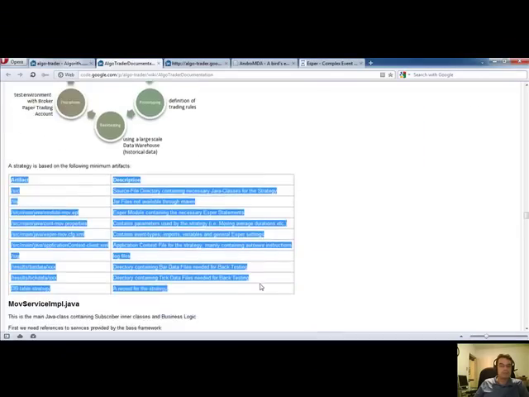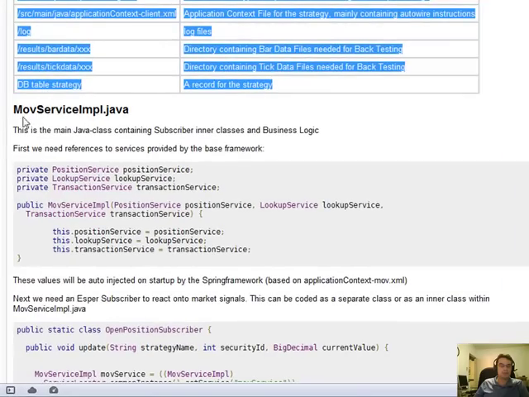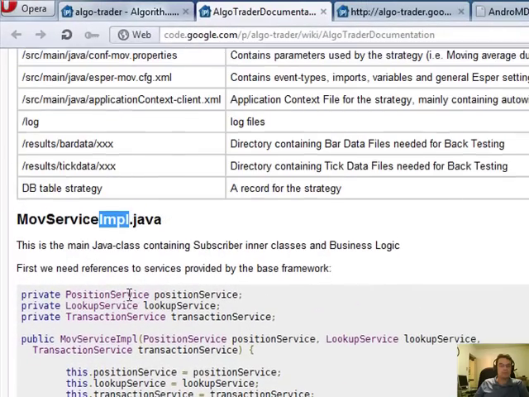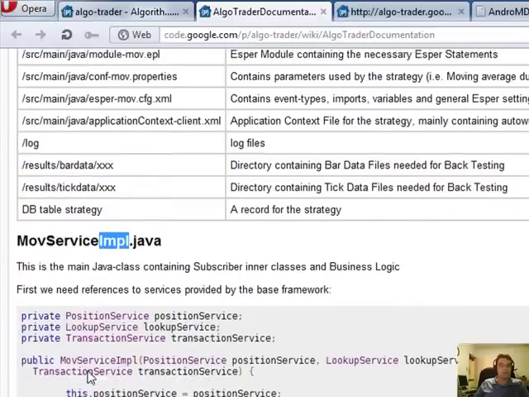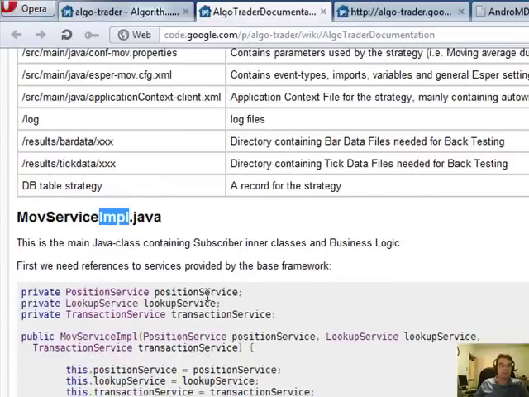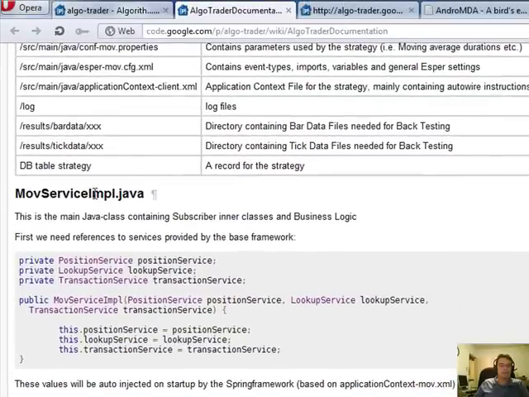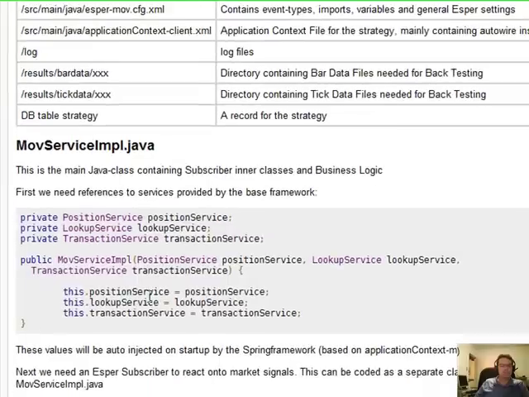Moving on. Alright, so these are all the artifacts. Here's the implementation. Now, for those that may be unfamiliar with implementation versus base class in object-oriented programming, there's the base, or the parent, and then there are the concrete classes, as we'll call them, that are the implementation of the parent or base. I don't know what language you come from, but in the world of Java, it's parent and child. So these are the child, these are the concrete